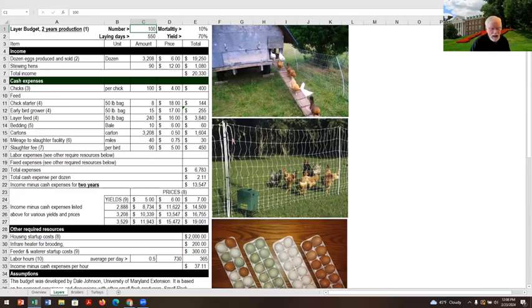Okay. And during that 2-year production, these chickens are going to be laying eggs for me, but they're not going to be laying them for 2 years because I'm going to raise these layers from chicks. Now you may be buying pullets, okay? So in that case, it's going to be a different budget, but I'm raising my own chicks here. So you've got to decide, that's part of the production system. Will you raise your layers or will you buy pullets?